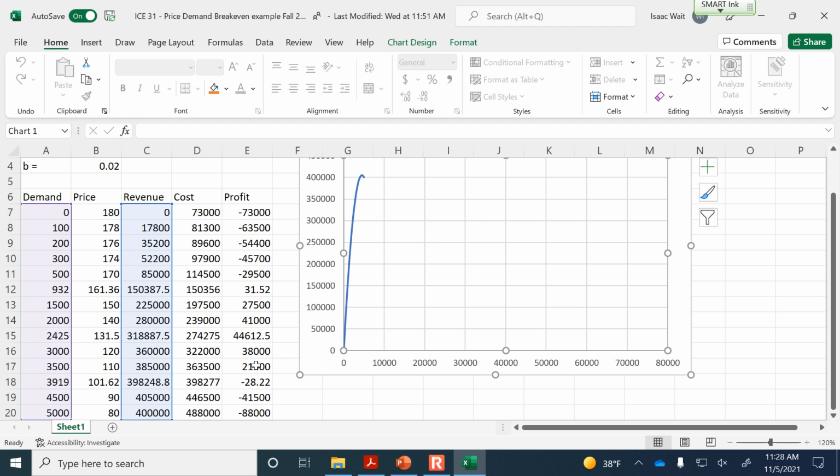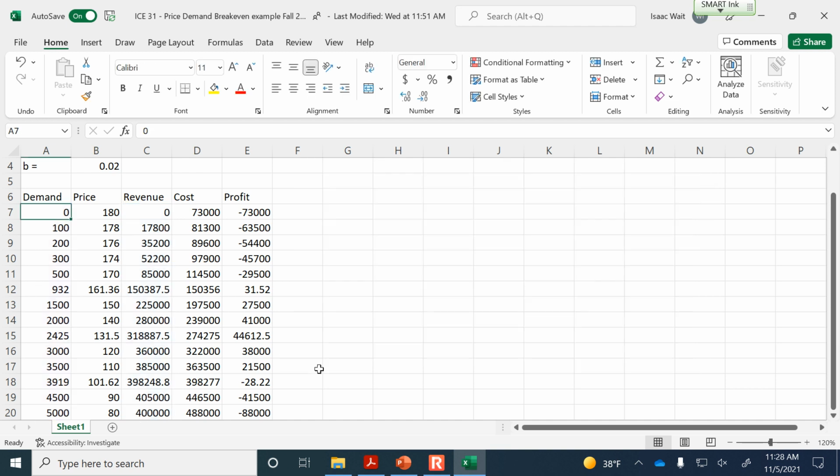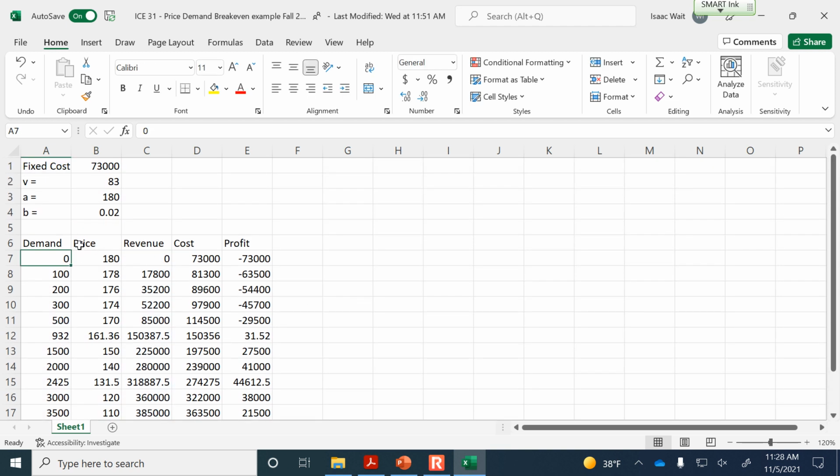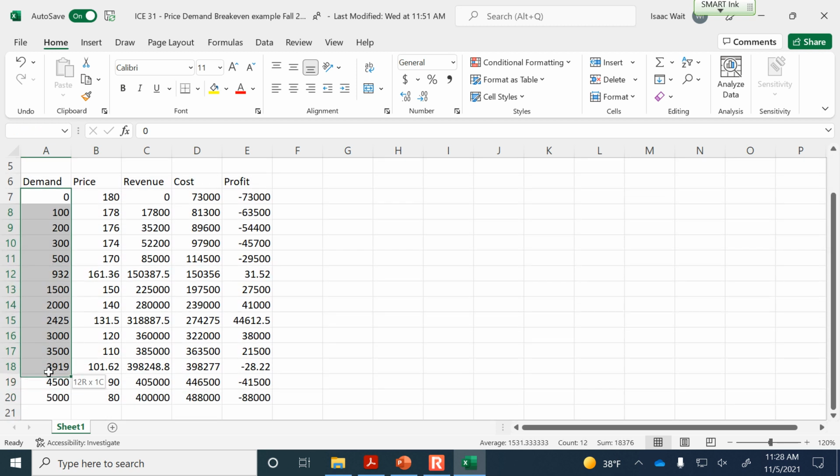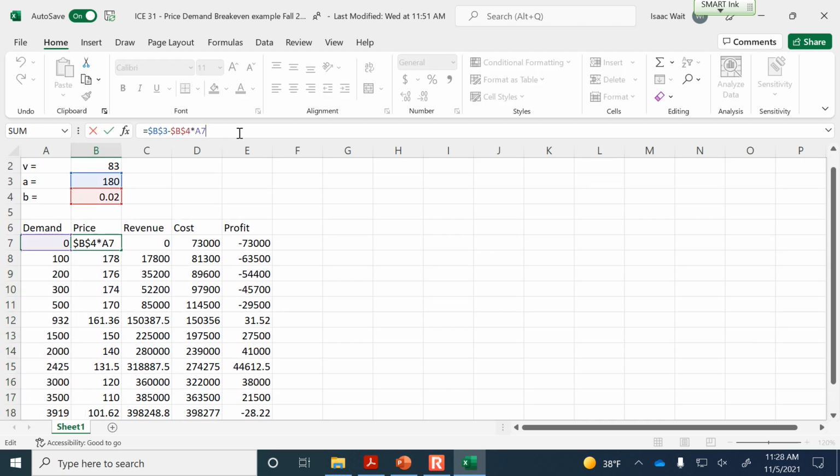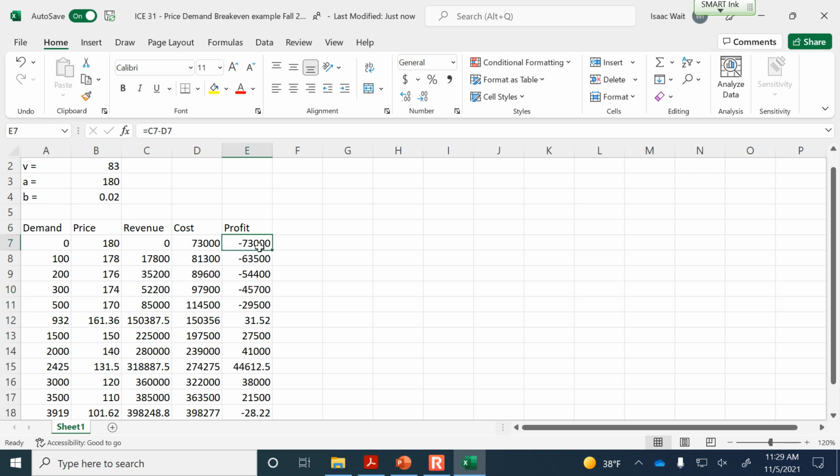All right, so let me just delete this. We had already gone over how you can choose some range of demand, and then you calculate the price that's based on that demand, and then the revenue, of course, is price times demand. That's how much money is coming in. Your income for the company is how many units you're selling and the selling price. And then the costs are the fixed cost plus the variable cost per unit times the number of units. So that's the total cost. And then the profit is simply